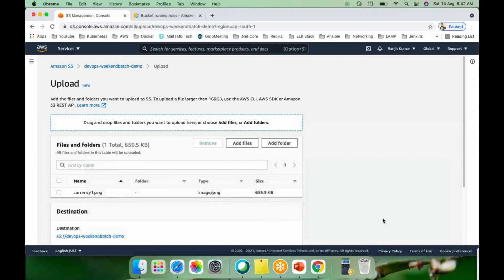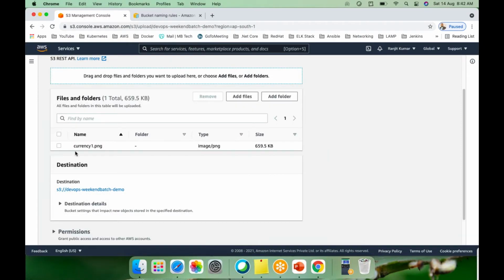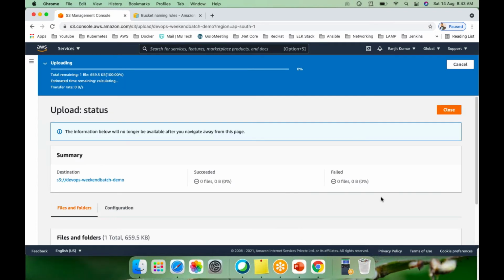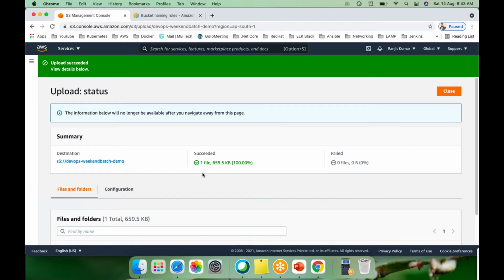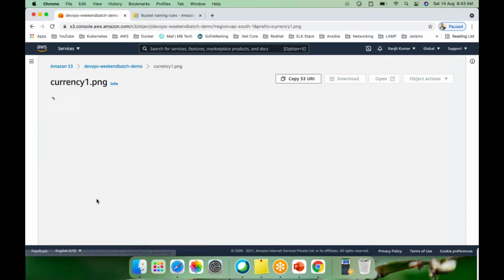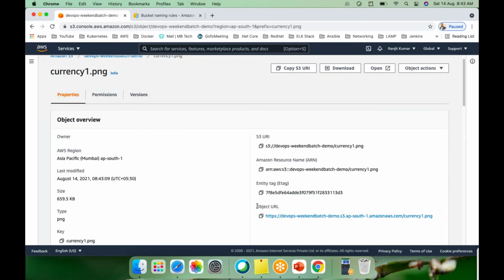Now we created the bucket, just go inside the bucket, and here you'll find all the other information. Now let me simply upload one file into that. Upload, because as it is object-based storage, we are uploading objects. The object could be anything: binary, ASCII files, text files, PDF files, your documents, image files, video files, or any jar file, war file, whatever you want to put, you can put it over here. Now add files.